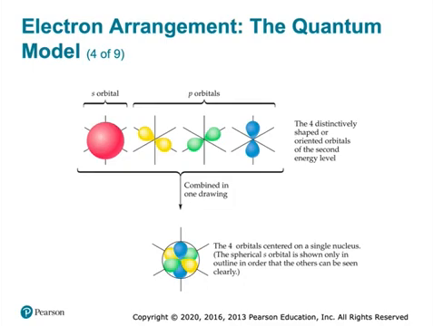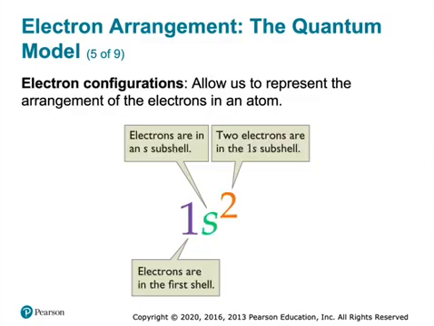Okay, and this is the 1s orbital. It looks like this. And here are the different p orbitals, and they have different orientations. If you combine these orbitals together, the atom is more or less spherical. And the 1s orbital is going to be shrunk towards the nucleus of the atom. Okay, and then when we build up,